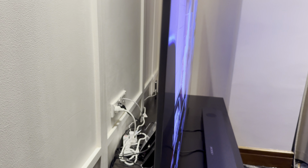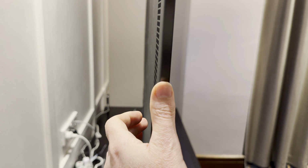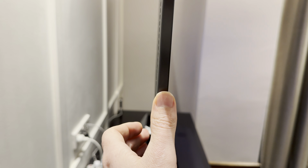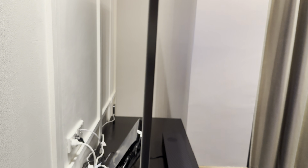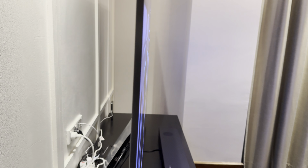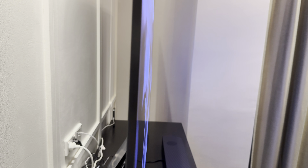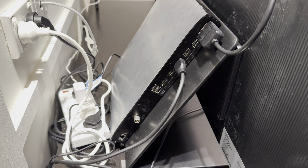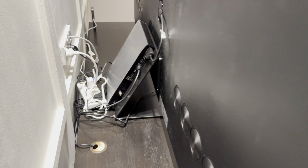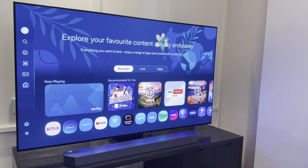One of the coolest things about OLED TVs just in general is that they are really, really thin. You can see here, this is an 83-inch TV. It is huge on the diagonal, yet it is thinner than my finger looking at it side on. And the reason they're able to do that is because basically Samsung has taken out all of the different components and stuck it in the box behind the TV. Samsung's One Connect box that you see here is kind of like a PS3. It kind of looks like an old PS3, and it houses all the connections and allows you to more easily